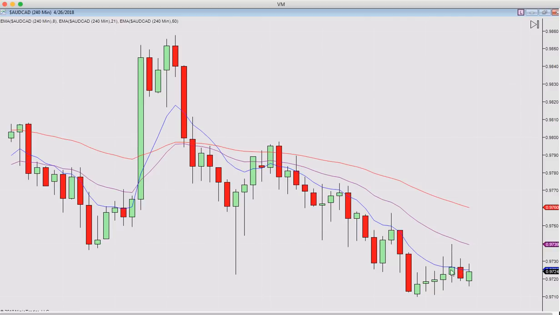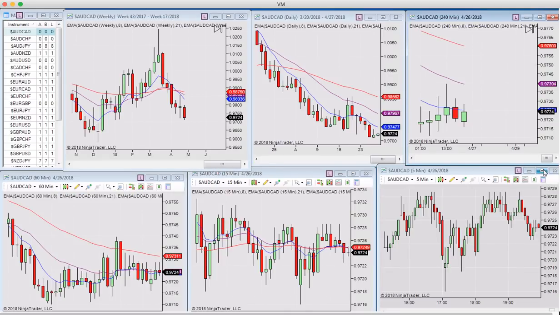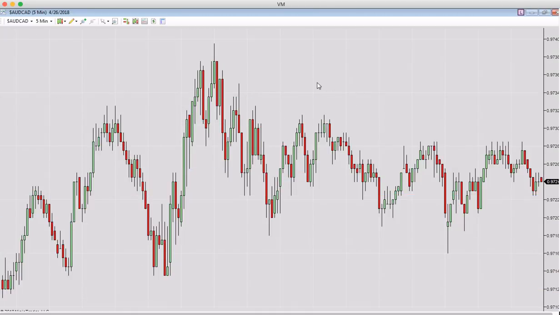Okay, we have a shooting star up here and an inside period. If you were taking the mechanical entries, the break of this low would have been a perfectly acceptable entry, even though you wouldn't be in profit. So we load up our